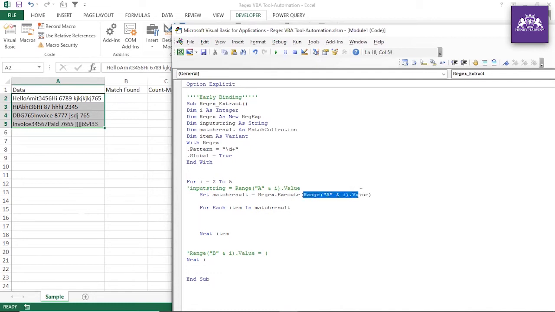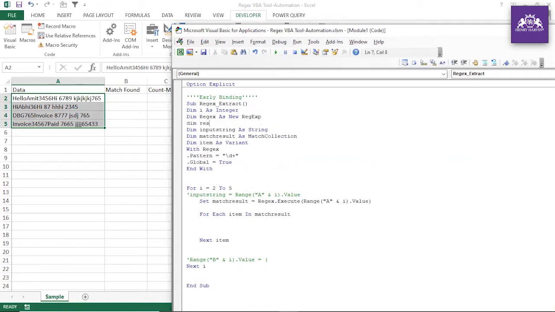Let me take this value, Ctrl+C, or maybe let me have one variable, Dim result as String. Result equals result and this and item.